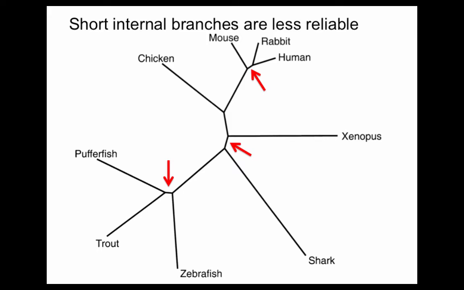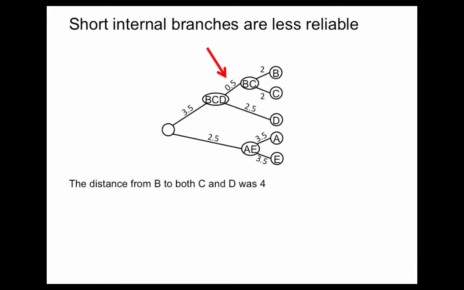Maybe rabbits split off from mice after humans, and these two things split off. You don't really know the order when there's such a small internal node. That's what they're kind of getting at there. So in the tree that we just created from the video I sent out, there's a short internal node of